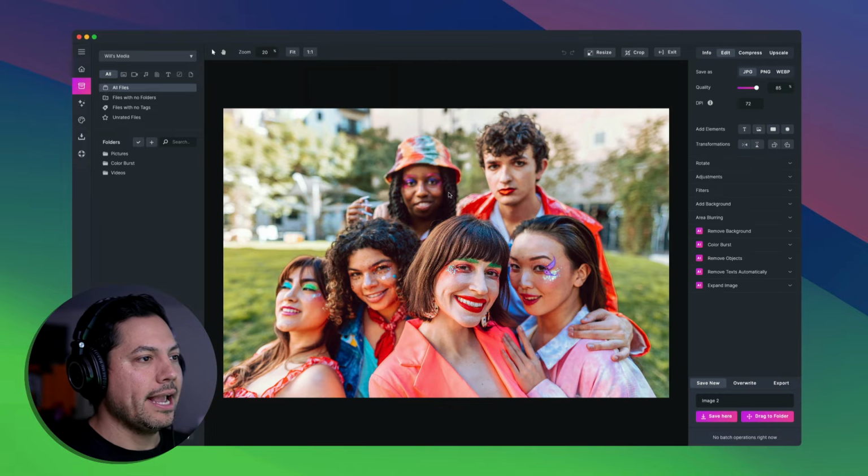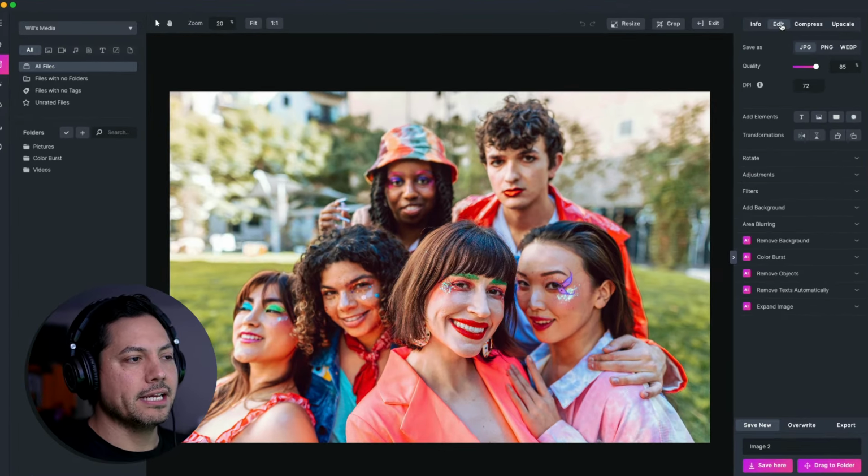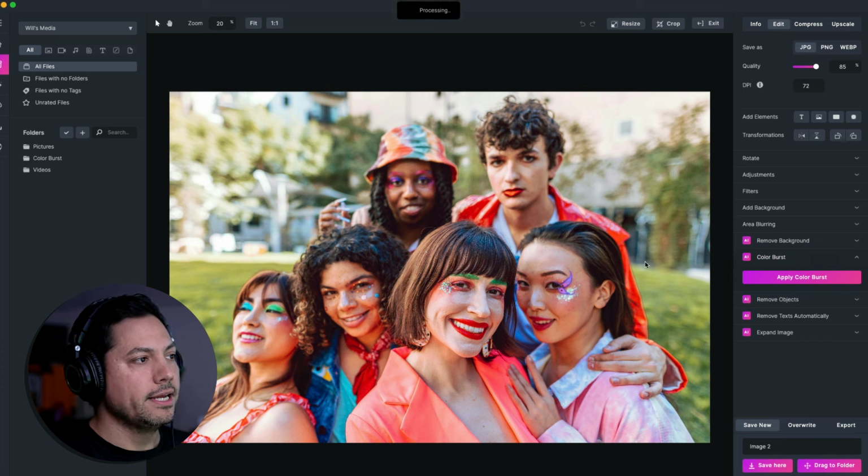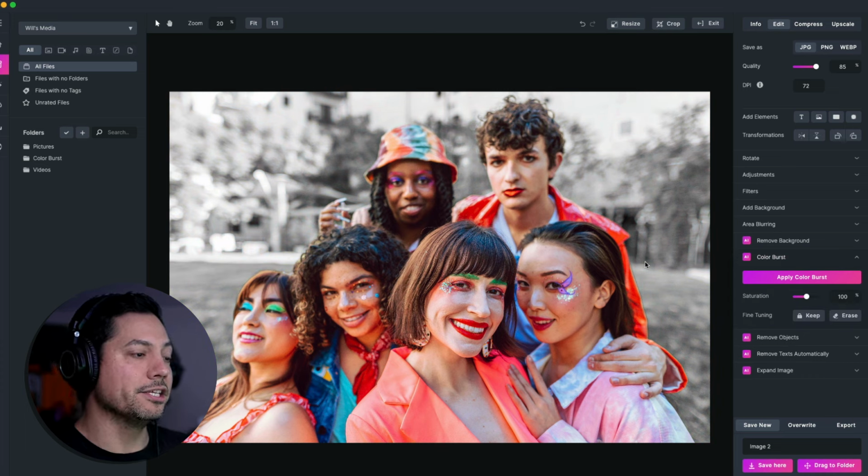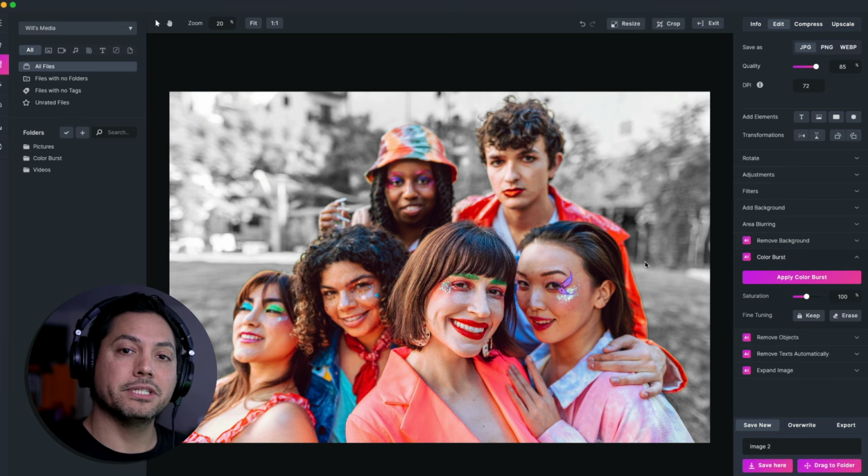picture here. And if you see on the right hand side under the edit section, you'll see all of our AI features that are involved right here. But what I can do is I'm going to open up Color Burst, and I'm going to click on Apply Color Burst. Now what Color Burst does is it uses AI to detect the main subjects in your picture, and